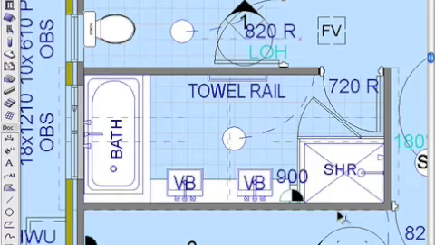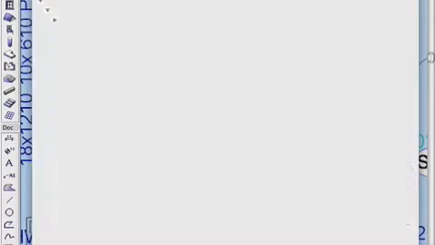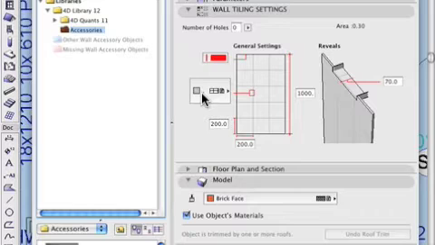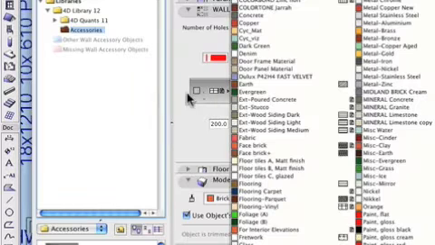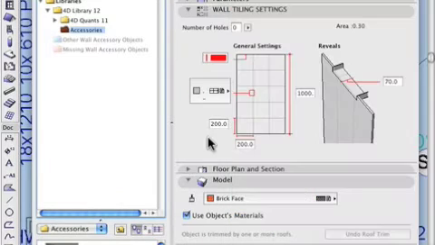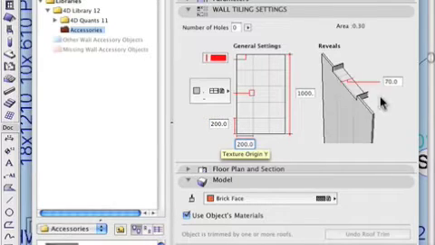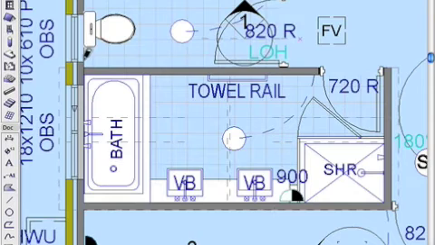So if we go to floor plan and grab our tool, you can see here it's very simple, only a few settings to change. We have material for the tiling. At the moment I'm using a white checkered texture with a 200 by 200 fill, and I've plugged in 200 by 200 in the size of the fill. And here we've got our reveal set to 70 and our height set to 1 meter. So if I click OK to that and click on the 4 points of my room, you'll see if we go back to the elevation